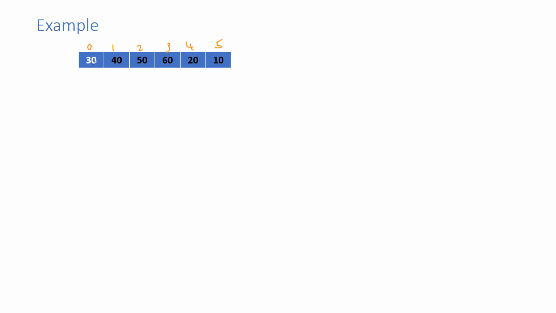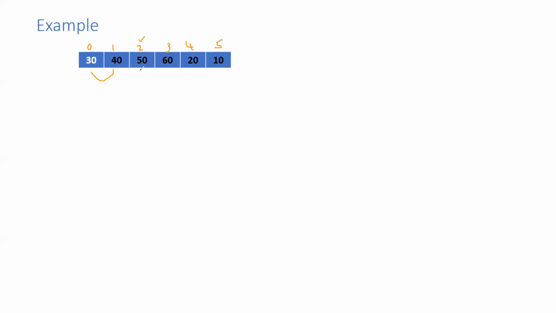How we compare is: is 30 greater than 40? We'll check that condition. If it is true, then we'll swap these two elements, or else we'll just ignore it and go to the next index element. Next index is 1. So whatever the element here, we'll pick up that element and again do the same process. Like 40, we'll check if 40 is greater than the next element, which is at index 2. Is 40 greater than 50? No. Then we'll do nothing there, and we'll just go to the next index, that is 2 here.